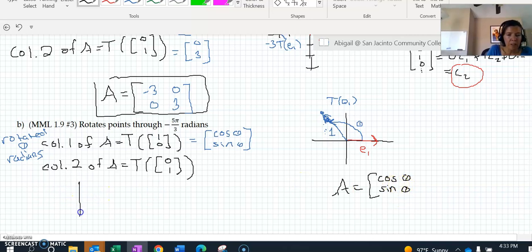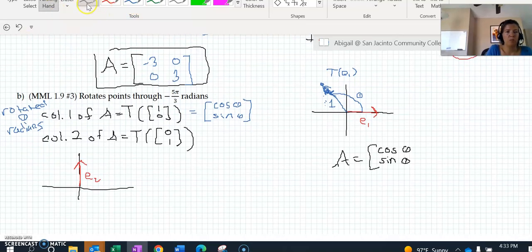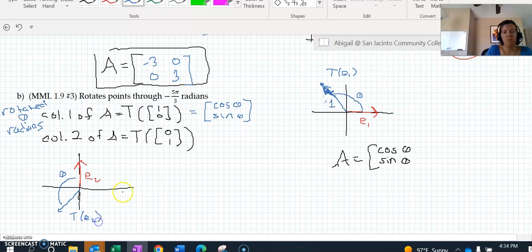Now for the second column, I'm going to draw a new picture here. So E2 is this vector. Let's say that's 1 unit in length. If you rotate that theta radians, so let me scooch this down a little more, I'm going to draw it so it looks like about the same angle measure here, theta. And I keep making the transformed one too long. Okay. Then let's say this is T of E2. So I was saying this is a little bit trickier